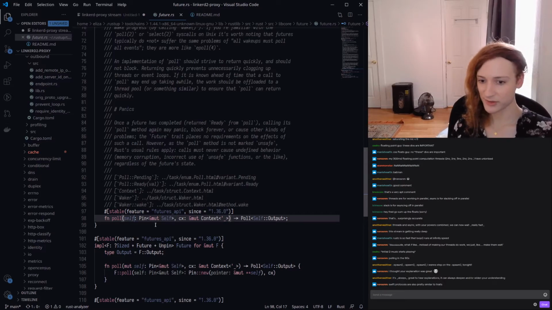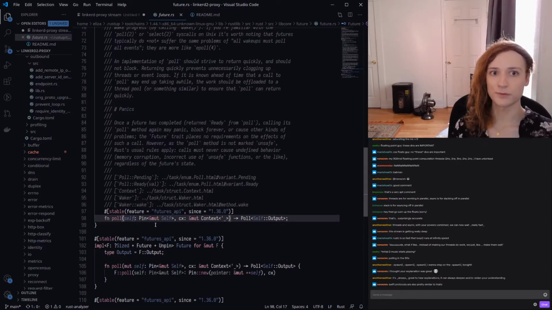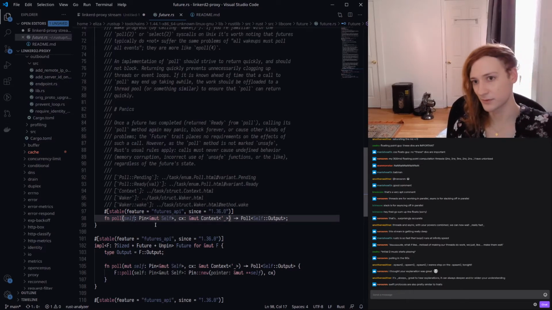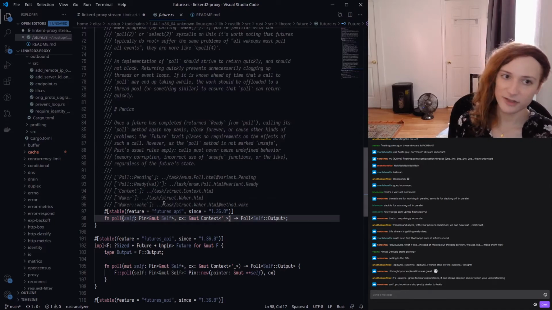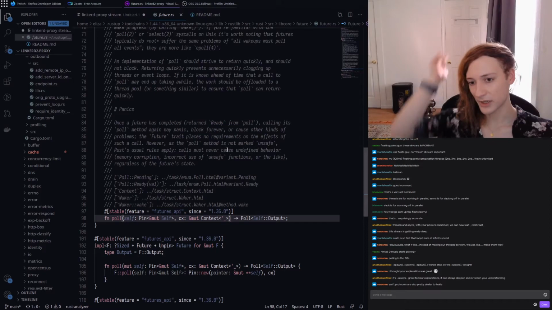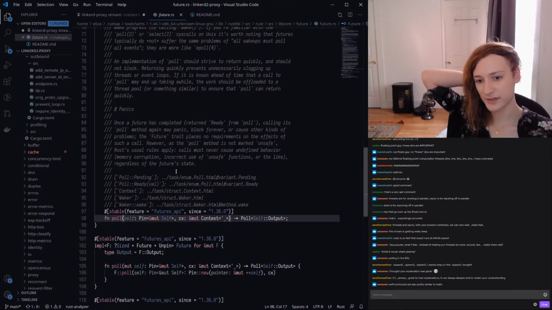It's very important, but for reasons that only matter to you if you are an experienced Rustacean and you were trying to write an implementation of this Future trait by hand. All you need to know, for those of you who are new to Rust and new to async in Rust, is that this Pin thing is a bunch of nonsense that you don't have to worry about, and it's very, very complicated.